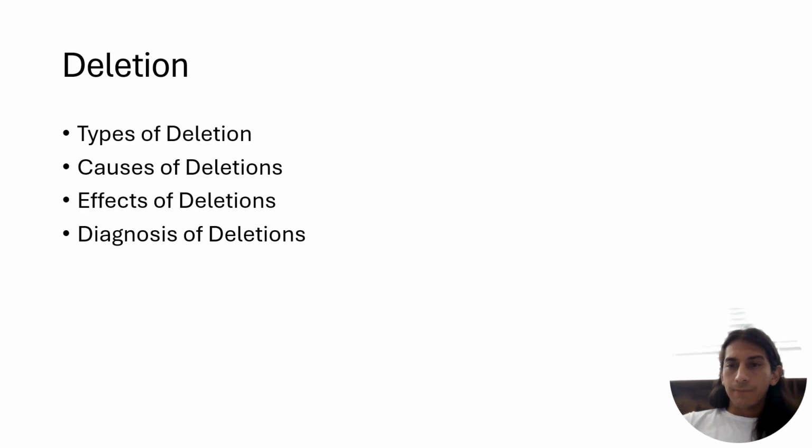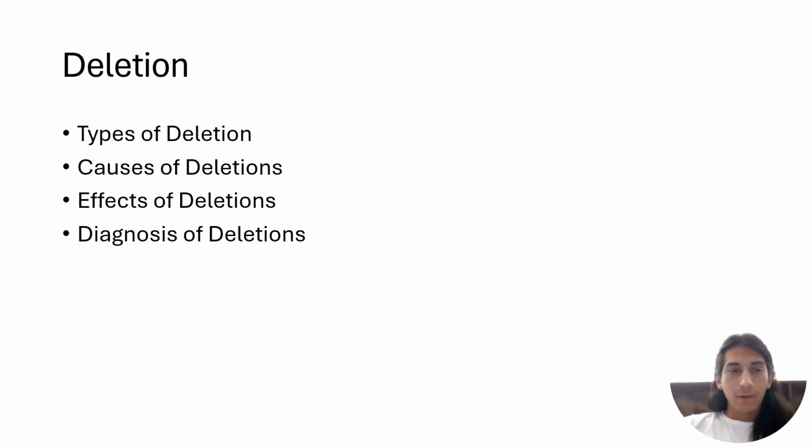So, deletions. A deletion is a type of chromosomal mutation that involves the loss of a segment of DNA from a chromosome. Deletions can occur in any chromosome and can range in size from a single nucleotide to an entire chromosomal arm. There are different types of deletions: terminal deletions, interstitial deletions, and microdeletions. A terminal deletion occurs when a segment of DNA is lost from the end of a chromosome. Interstitial occurs when a segment of DNA is lost from within a chromosome. And a microdeletion is a small deletion that involves the loss of a few thousand to tens of thousands of